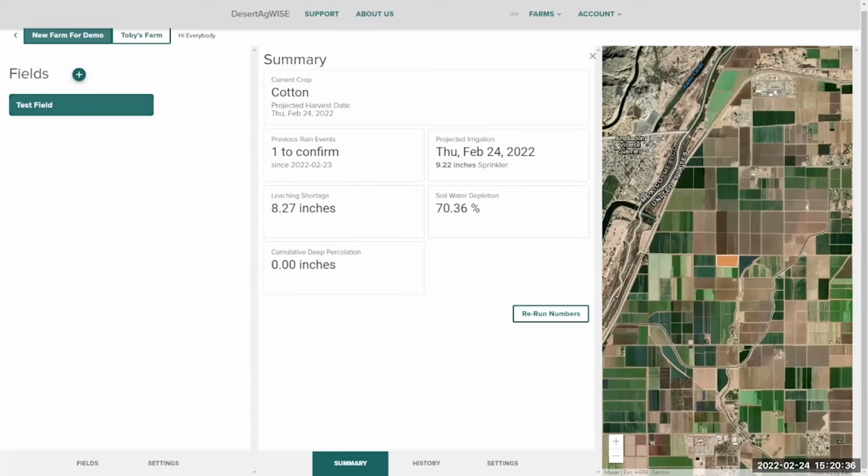A couple of the big things we're exploring long-term: Paul touched on the idea that we want to expand this to allow access to weather data from more than just AZMET, possibly. Maybe you pay for one of these private data streams that Andy mentioned from a private organization, and you'd like to adapt this tool to use that weather data instead of an AZMET station uphill, a mile away. And so how would we facilitate that while guaranteeing your privacy and not breaching any agreements you may have made